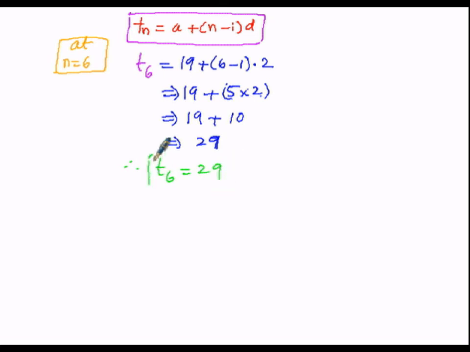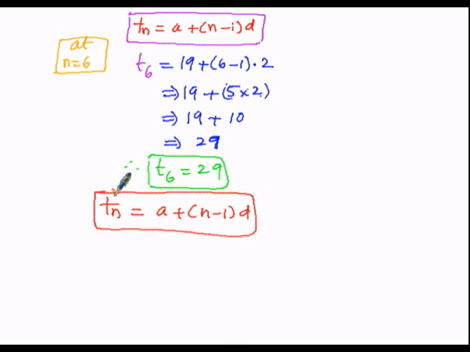Here the next term is the seventh term. In order to find the seventh term, let us write the formula of the general term. The general term Tn formula is a plus n minus 1 into d. So this is the general term of an arithmetic progression. In order to get the next term, that is T7, the seventh term,